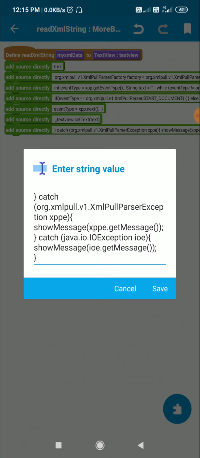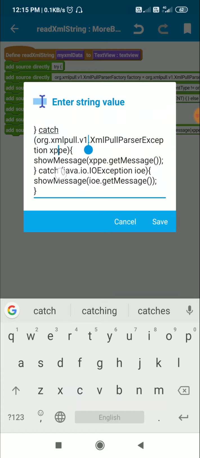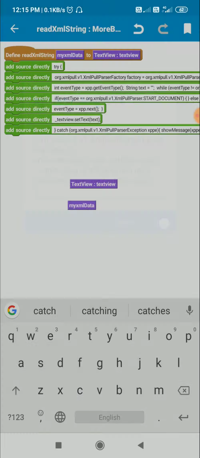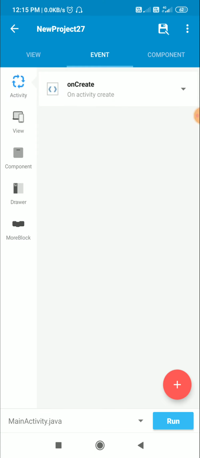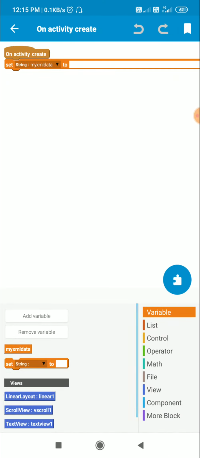Okay, that's all. And in the end I catch exception, which I have already shown you. So this can be used wherever we have to use it. So here I would like to use it in on activity create.